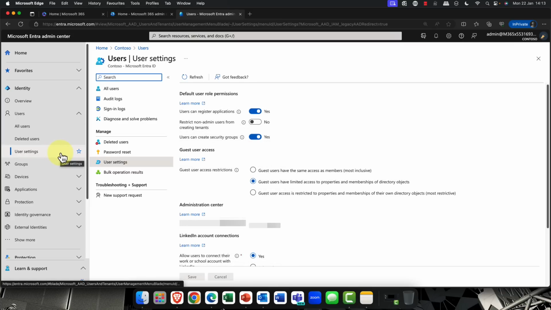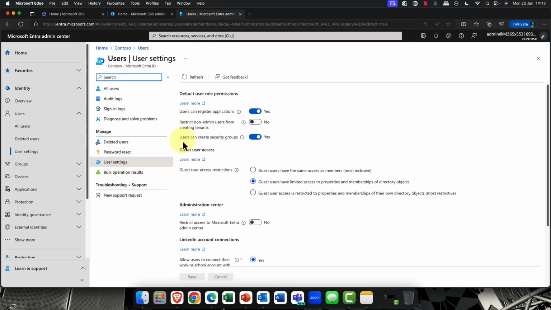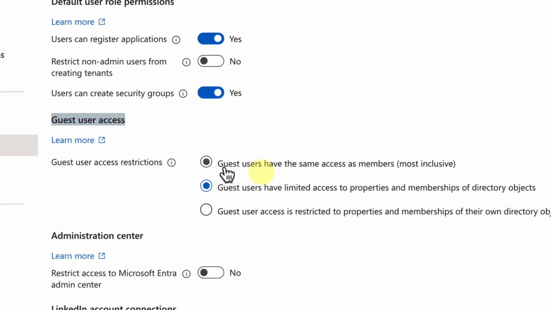So in the user settings here, you can see that we have a number of options. You've got something called guest user access, and you've also got things like what you want to give them access to. And this is really, really important here. You can see here, guest users have the same access as members. And that's the one that differentiates guests from users.